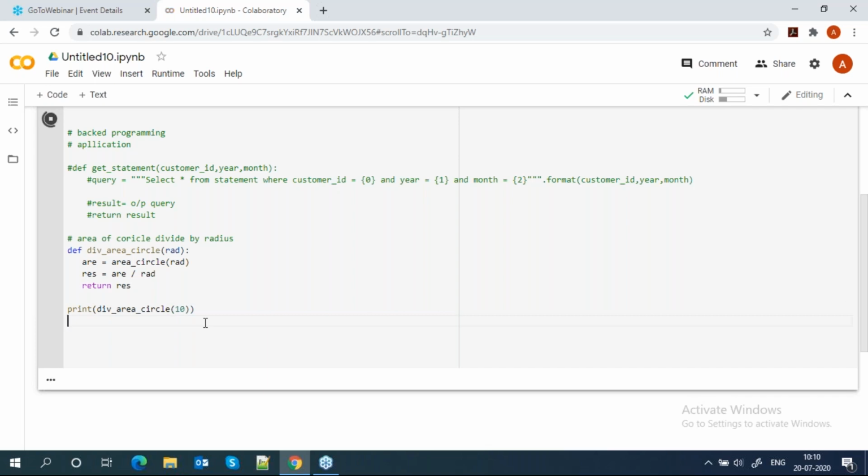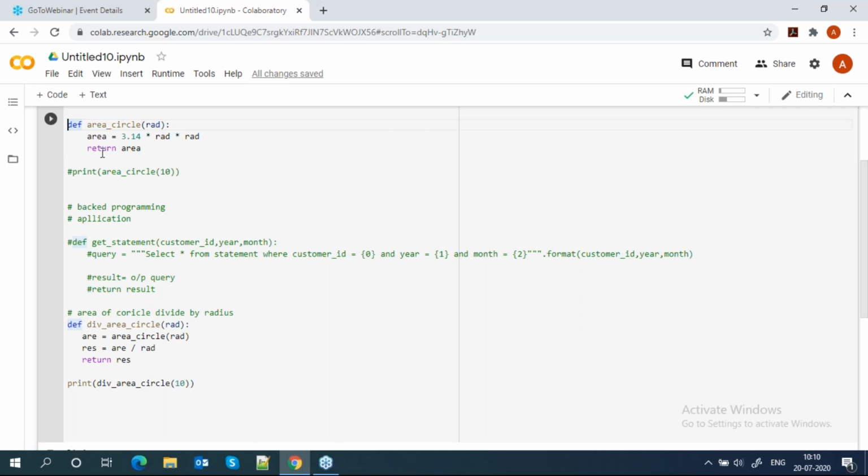So this is how we are using functions to make our program dynamic. The area of circle logic is by default, not by user choice. Only the radius is by user choice. Yes. This is the logic. I already created a function. Whatever the logic is here, this is my logic, and this is my return, so it works according to that. So this is my type of function.